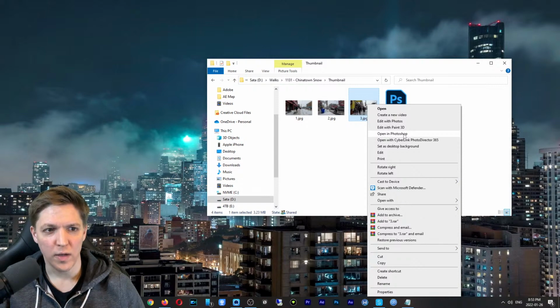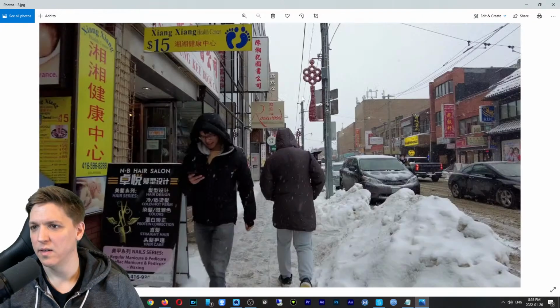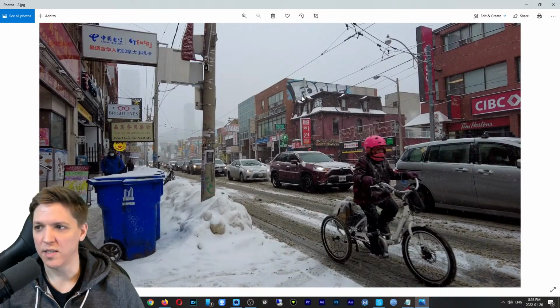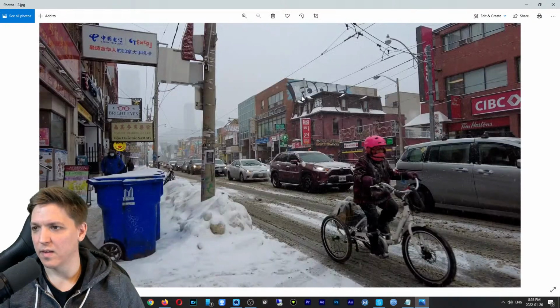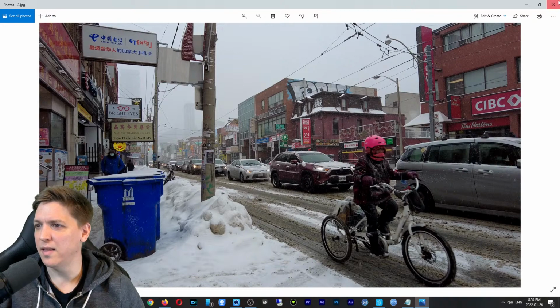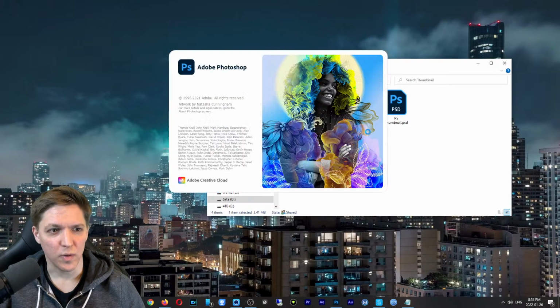You like 1 first, 2 second. You like that one? You don't like number 3? Just likes the bike one too. We're getting votes for the bike. You know what? The bike one's not bad. I don't mind the blue dumpster as much. So let's open the bike one with